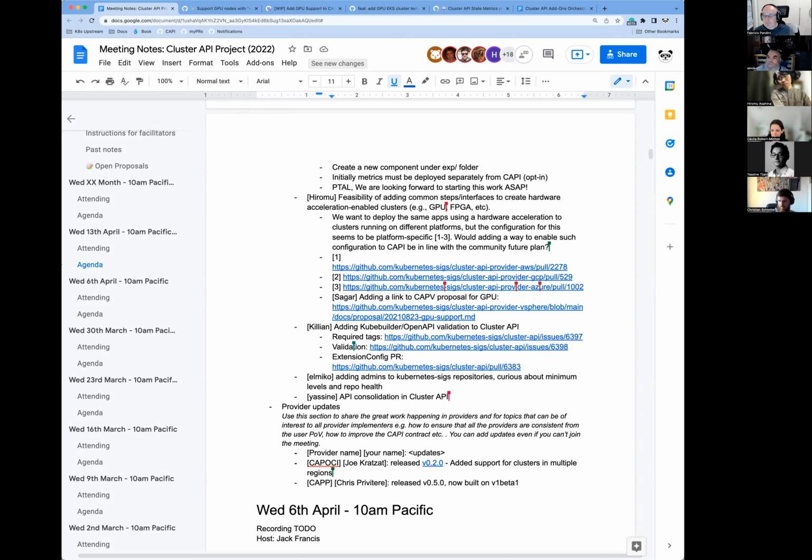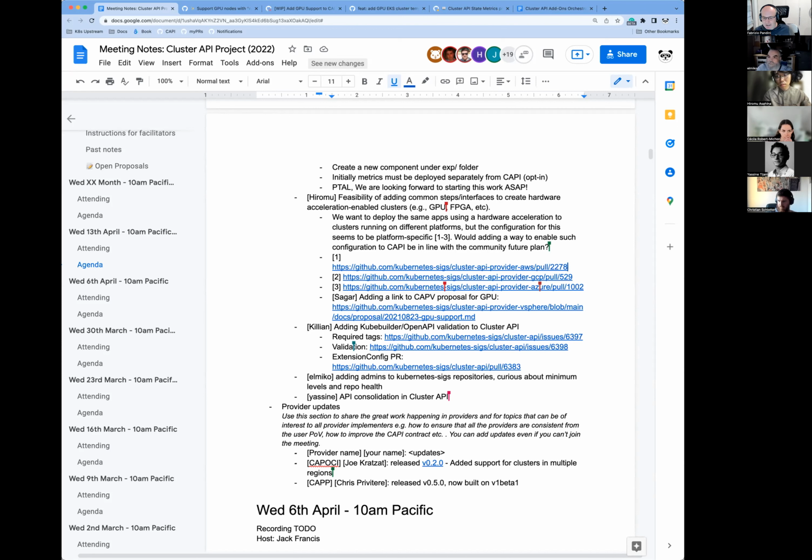Just for reference, we discussed this recently for the control plane endpoint, and GPU could be another point. With regard to a possible solution for now, someone added this in the chat as well: we have another option today, which is ClusterClass and managed topology. I invite you to take a look.